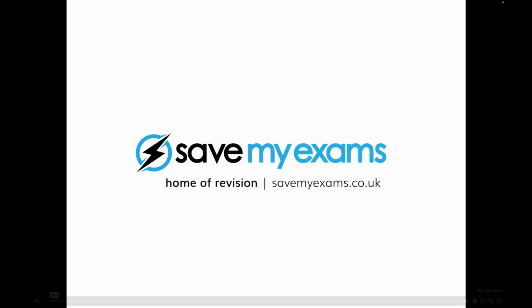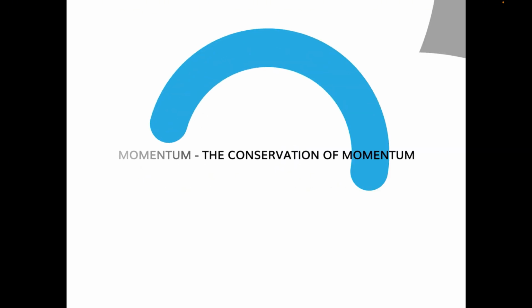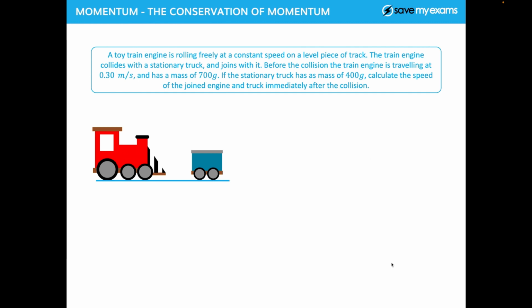Okay, so here is the question. Here's a rather wordy question for us to have a look at. Let's start by reading through it and making sense of what we're being asked to do. A toy train engine is rolling freely at a constant speed on a level piece of track. The train engine collides with a stationary truck and joins with it. Before the collision, the train engine is traveling at 0.30 meters per second and has a mass of 700 grams. If the stationary truck has a mass of 400 grams, calculate the speed of the joined engine and truck immediately